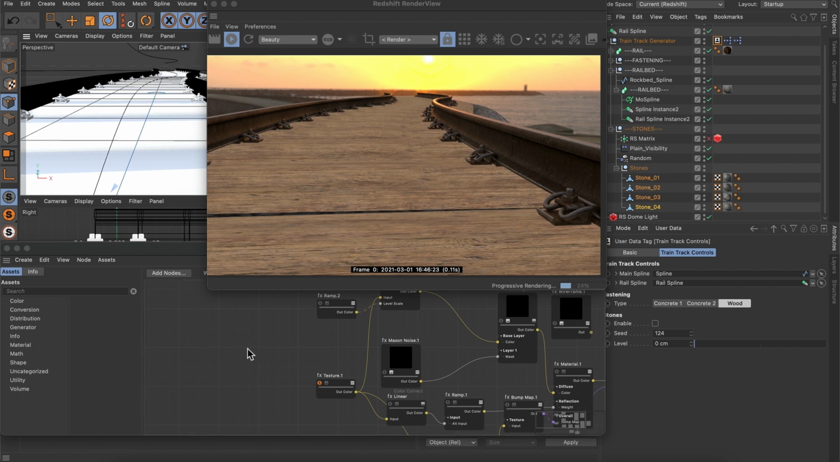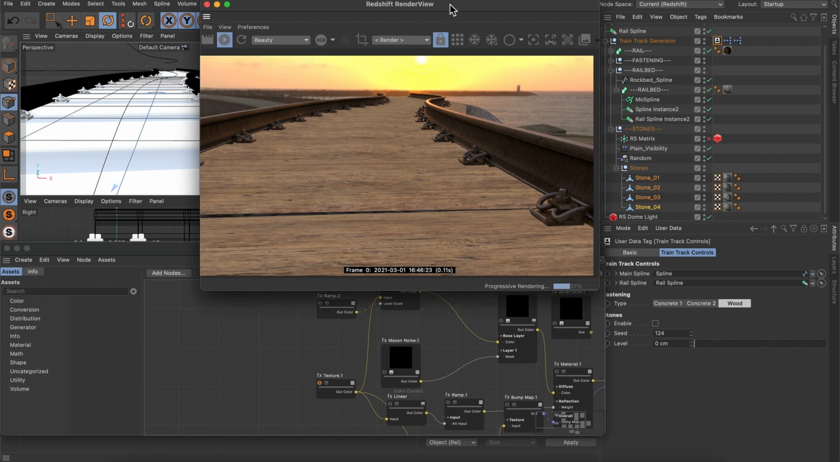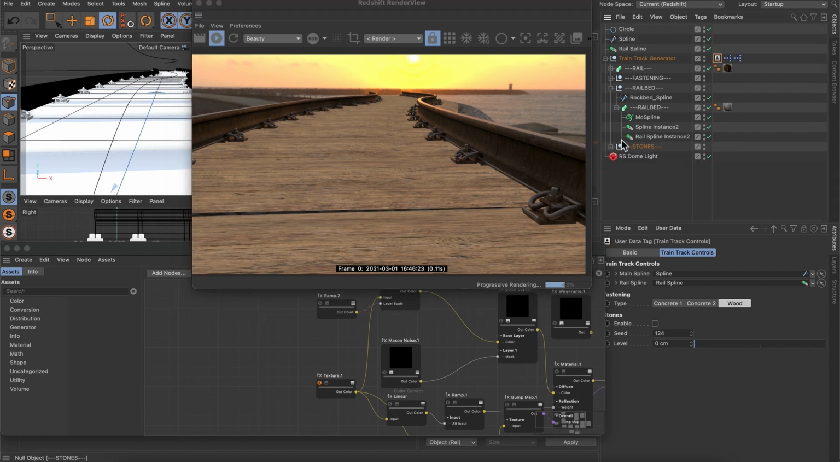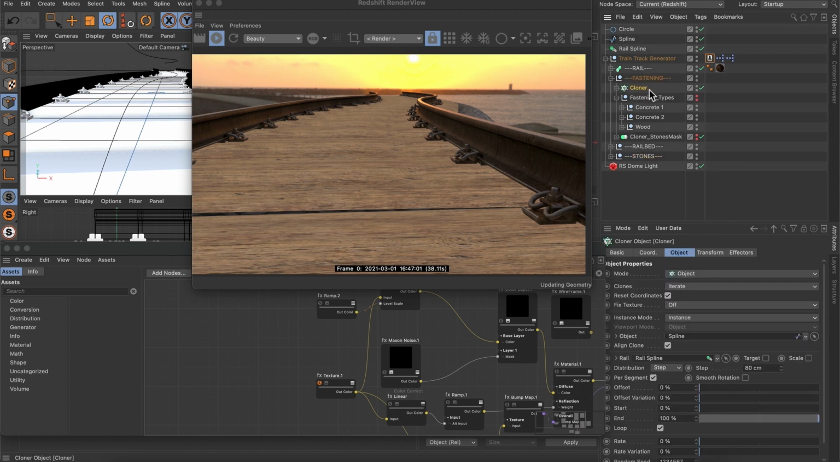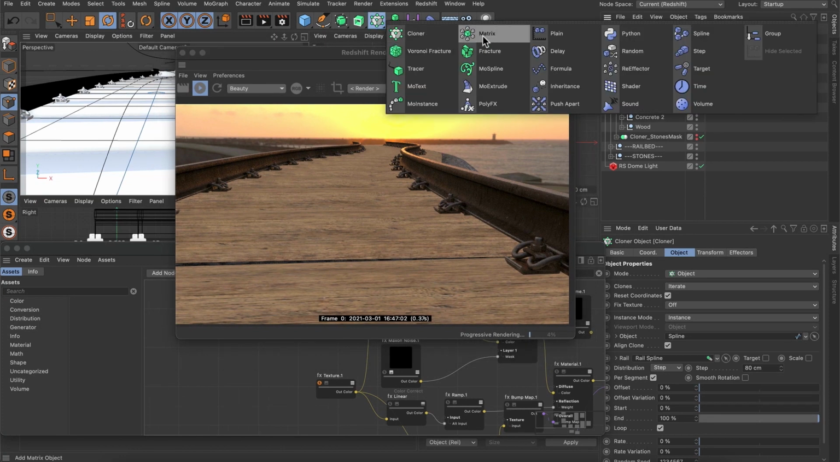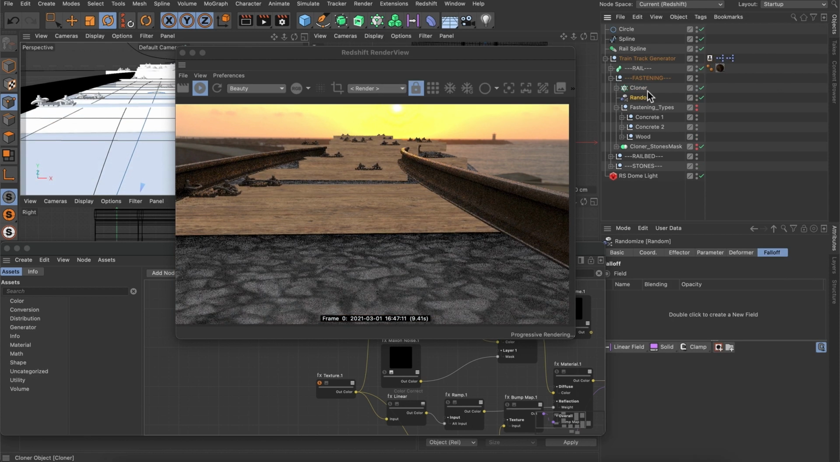Usually inside of Cinema 4D, I would use the variation shader, but we don't have a variation shader in Redshift. So how can we add variation here? It is not too difficult. What I want to do is add a random effector here to the fastenings, to the cloner. So let me add a random effector. Here we go, and I'm going to hold down Command or Control on the PC, and by default you can see, all right, that's randomizing all of the